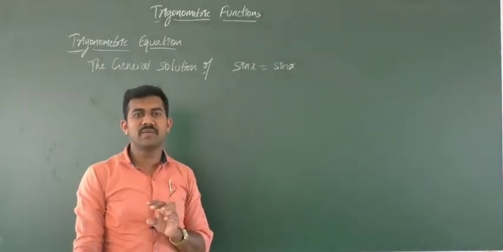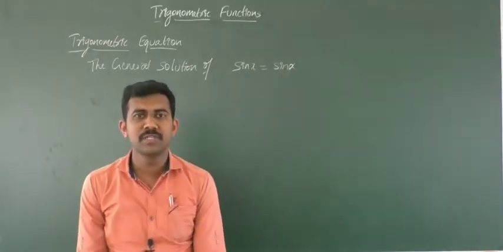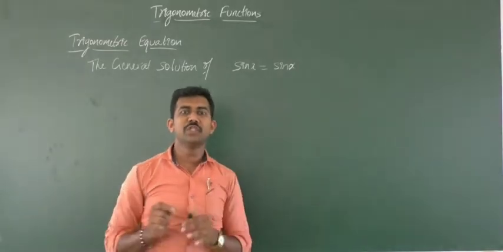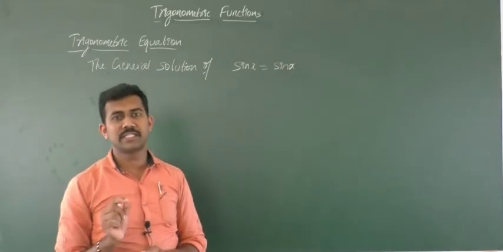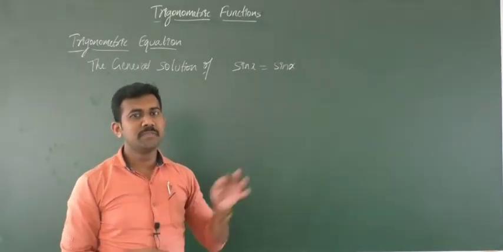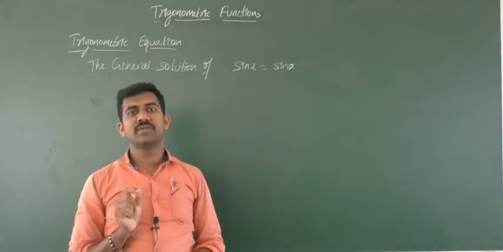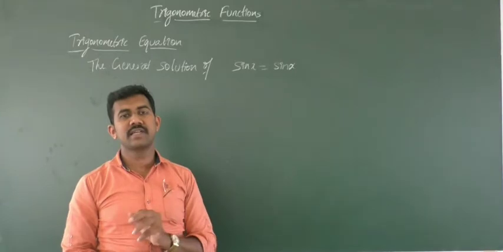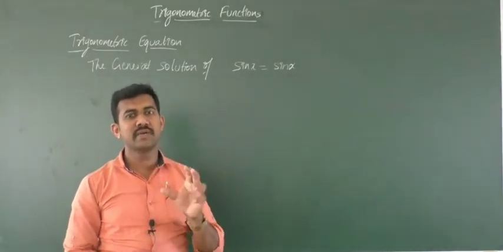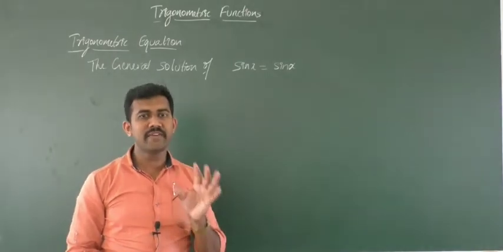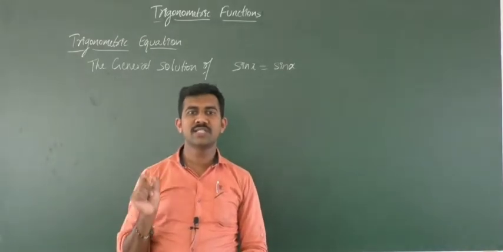Which x value? In the last class we saw about the principal solution. In the principal solution we are considering one revolution. In one revolution we will get only two solutions of a given trigonometric equation. That is the principal solution. But in general we will get infinitely many solutions. That is the general solution. We are generalizing here. We can rotate the given ray in a clockwise direction or anti-clockwise direction, and we can get infinitely many solutions for the given trigonometric equation. That is called the general solution.